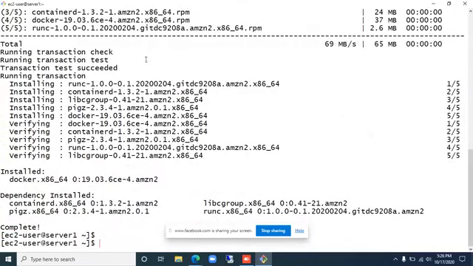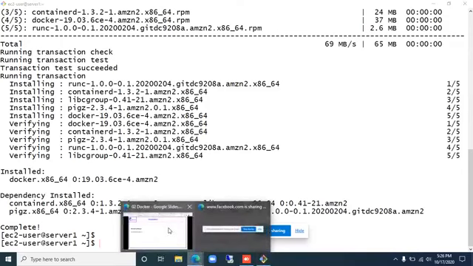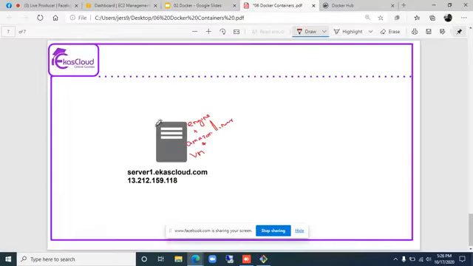Now this machine is acting as a Docker host. Right? So engine software is installed. Now you also have to start the service.